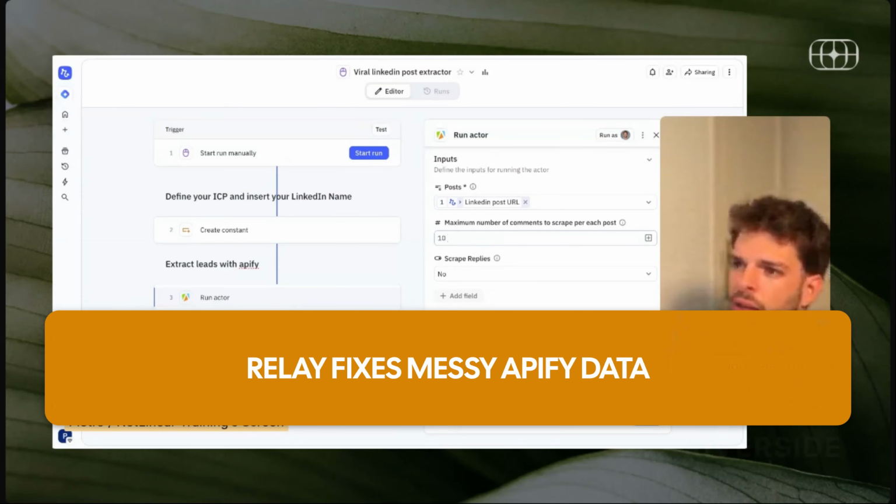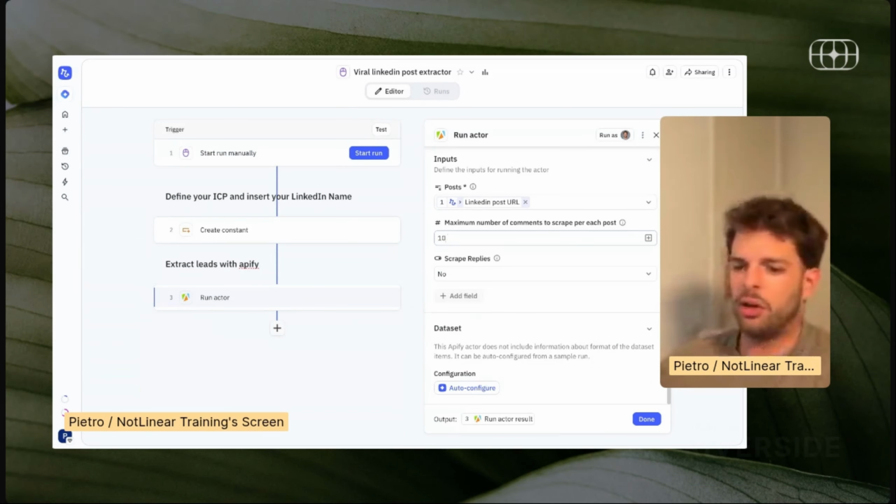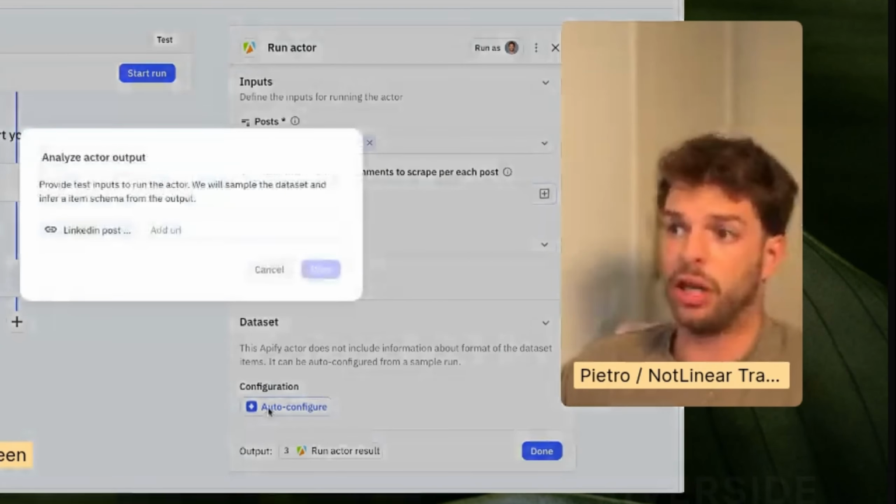In general, actors give you the response, the result, in a different format, okay? And in general, it's really hard to make that format fit in your agent, at least it was up until before AI. Now with Relay, what you can do is ask the Relay app assistant to basically auto configure